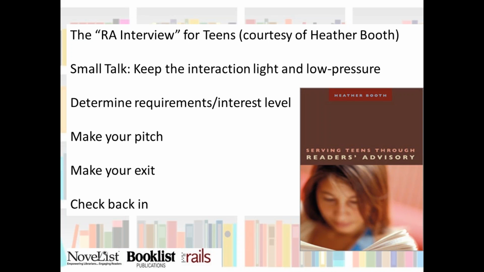Her other tip on that is to withhold your judgment. And that can be difficult to do. We'll talk about that on the slide when we talk about challenges for young adults. But definitely, there are ways that you can get around that. And it's the same way that you get around it when you're talking to adults.